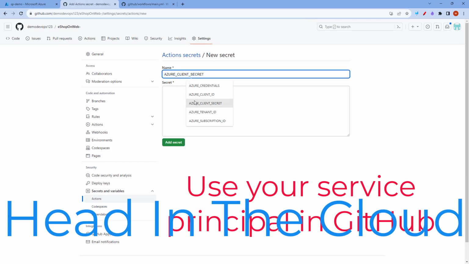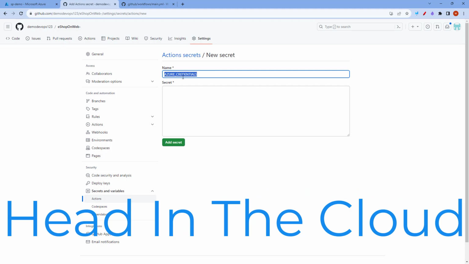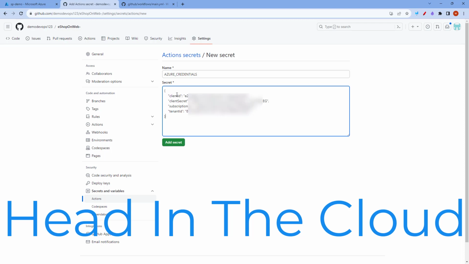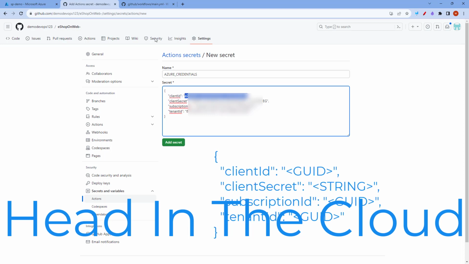As name, we enter AZURE_CREDENTIALS. And for secret, we pass a JSON structure like this, with client ID,